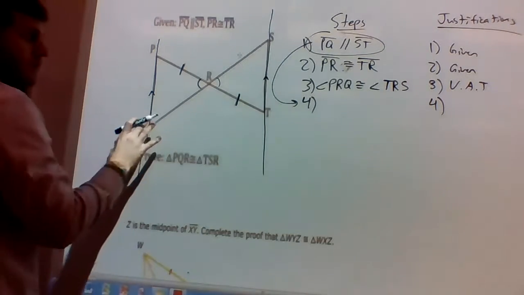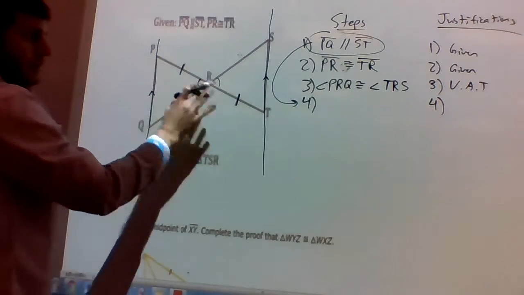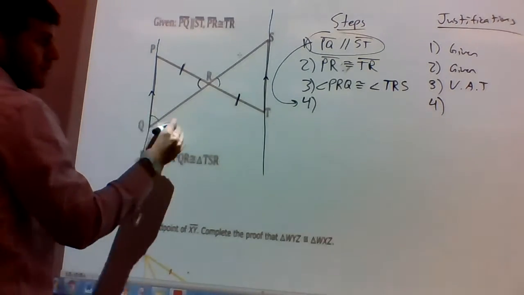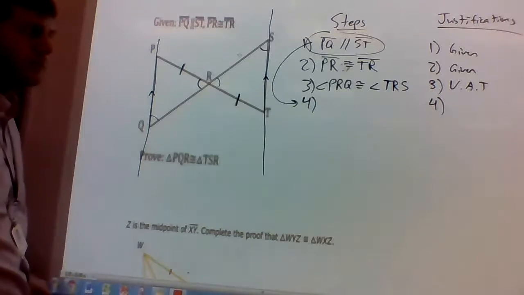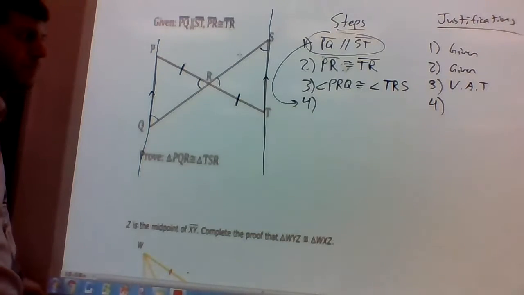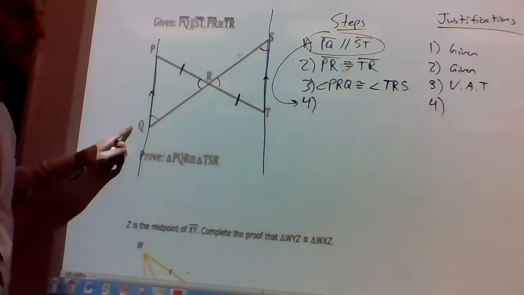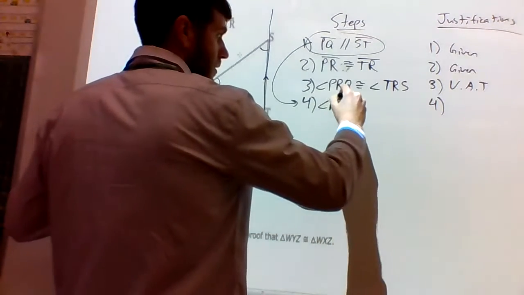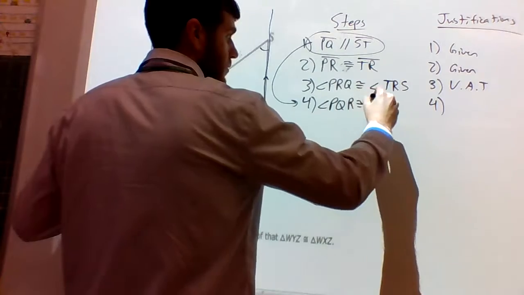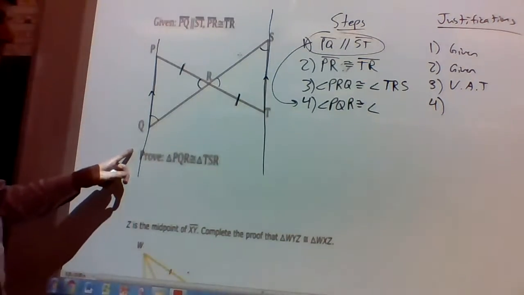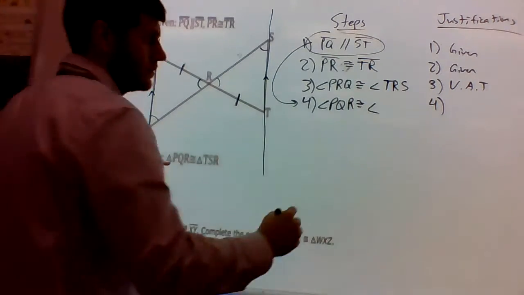Okay, we can pick either one of these two transversals, QS or PT. We notice we have alternate interior angles here. Okay, and let's go with those angles. So angle PQR is going to be congruent to angle TSR